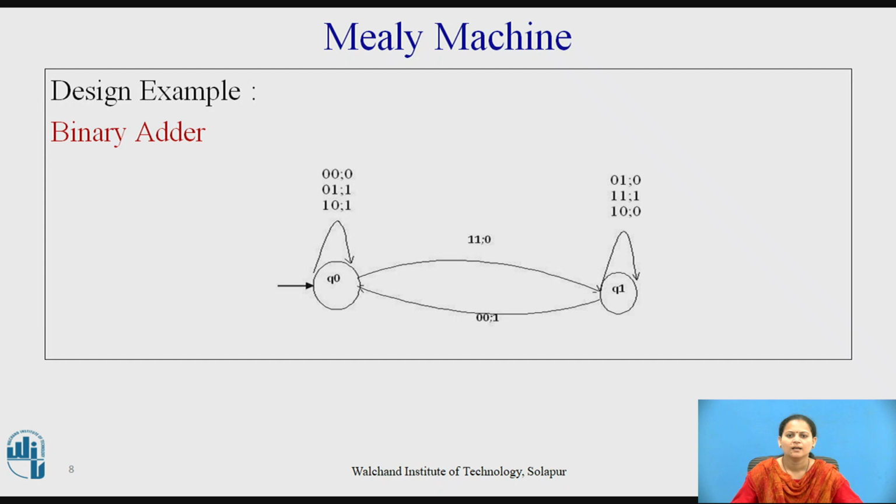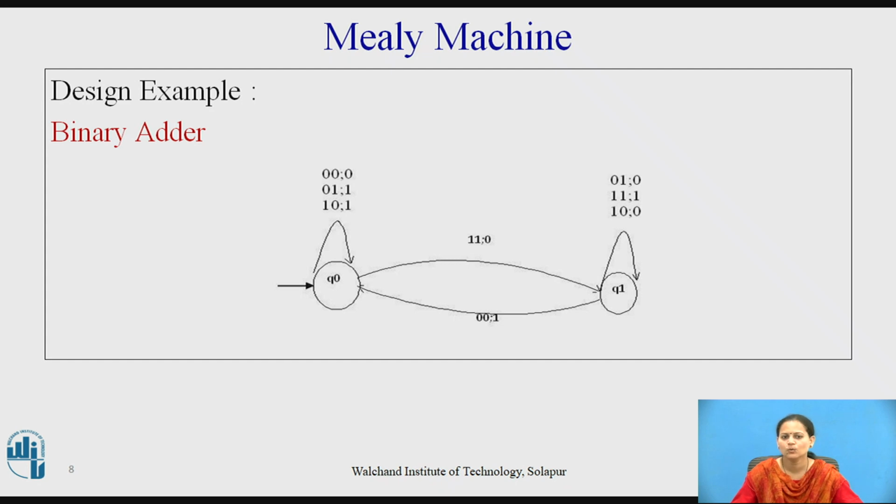In this machine, there is no fixed output symbol for a state. There are only two states, namely Q0 with no carry bit and Q1 with a carry bit. The output is now defined by the labels on the transitions. For example, if the input in state Q0 is 0, 0, the output is 0 and the machine stays in the state Q0. If the input is 0, 1 or 1, 0, it still stays in the same state, but the output is now 1.